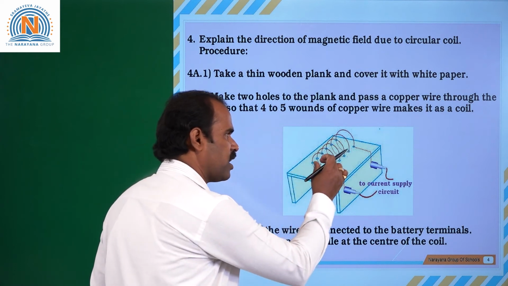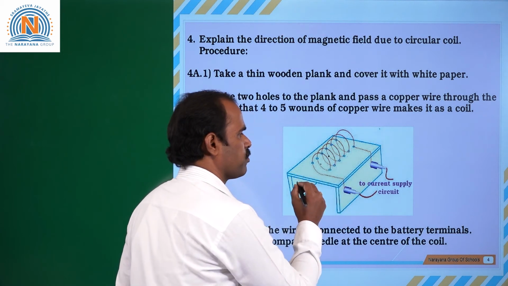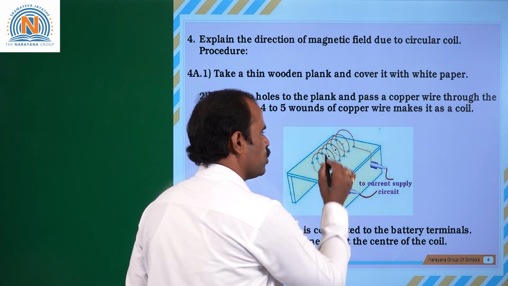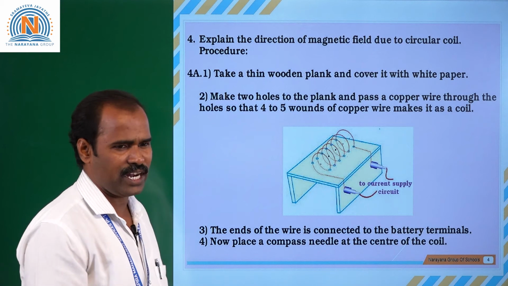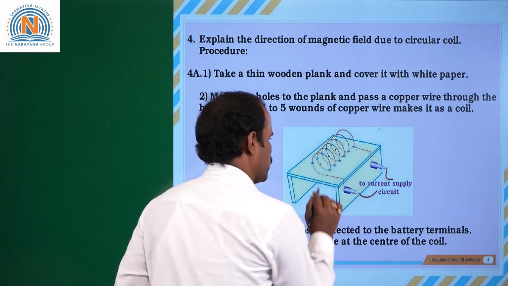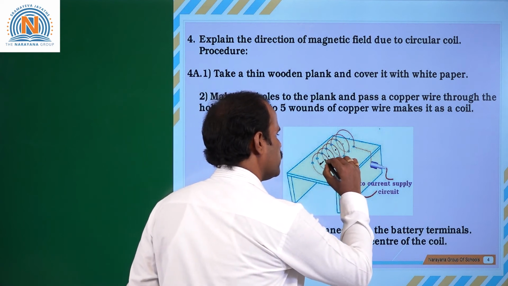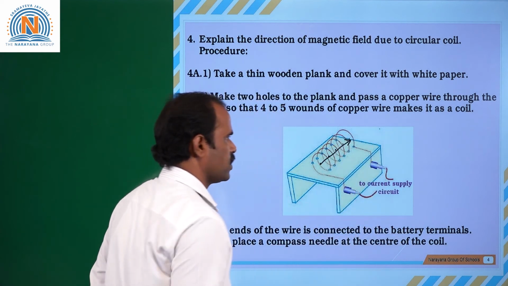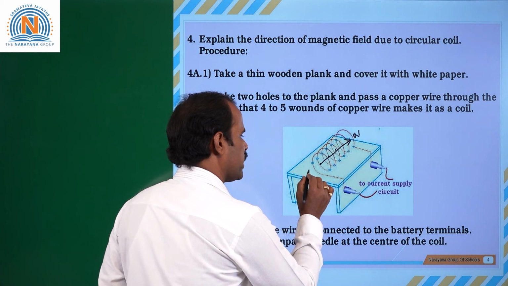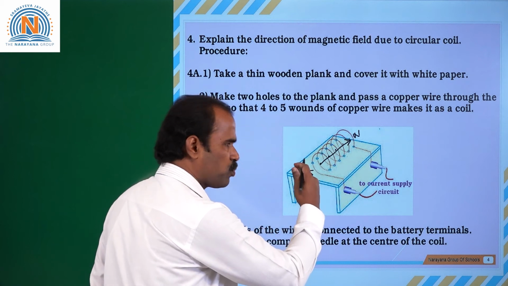Now move the compass needle through the coil and you will get one more dot, and in the same way you put dots at the arrowhead, then you will get a magnetic field line. Then what is the direction? The direction of the needle in the compass gives the magnetic field direction. If the current passing through the coil is like this, then the field is along this direction. So this face of the coil acts as north pole, and this side face acts as a south pole. In each and every turn, one side is south pole, the other side is north pole.